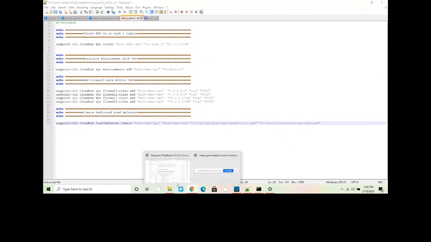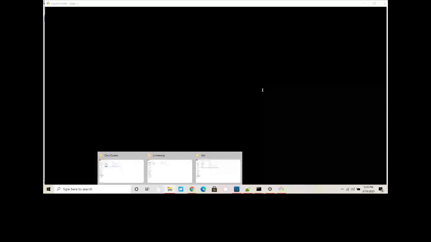I will open Git Bash. For running the script, you can use a bash script also, but in my case, I use a shell script. I will run Git Bash, and let me check where I have saved this application.